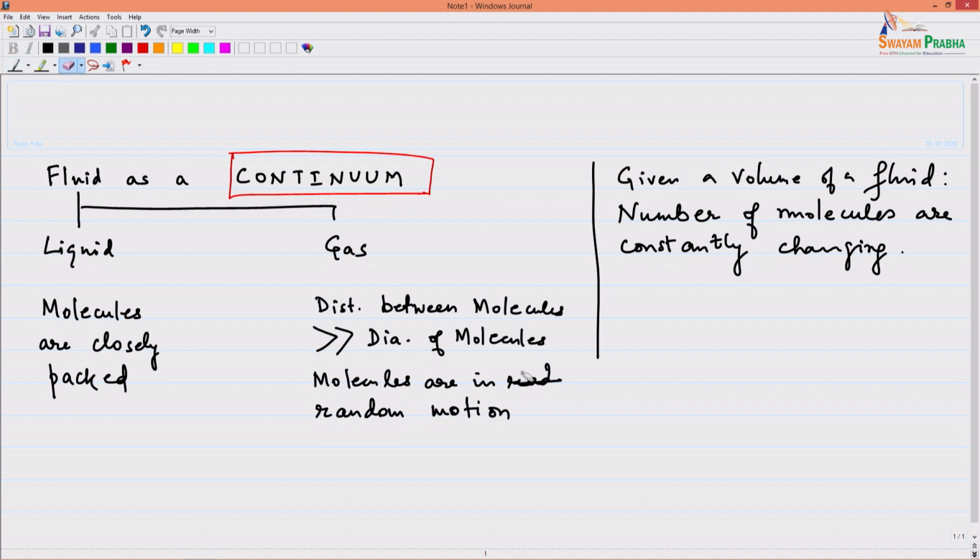Okay, what have you? Molecules are in random motion. So, molecules are in random motion, and given a fluid, the number of molecules is constantly changing. That is a scenario,